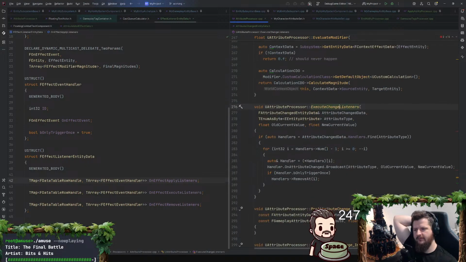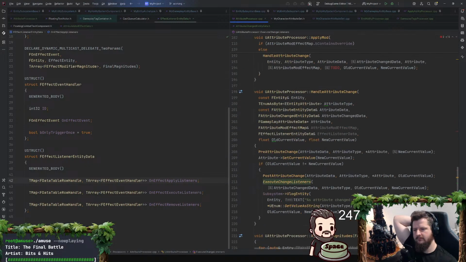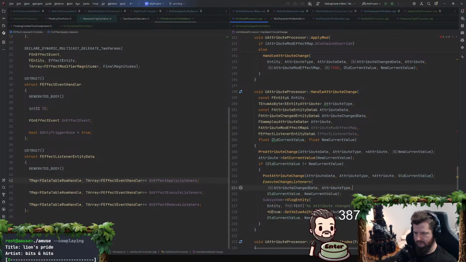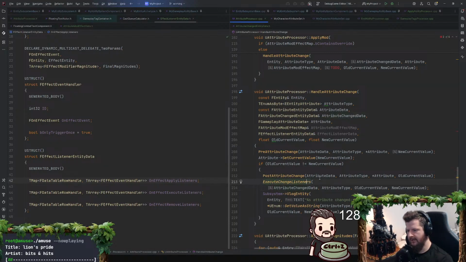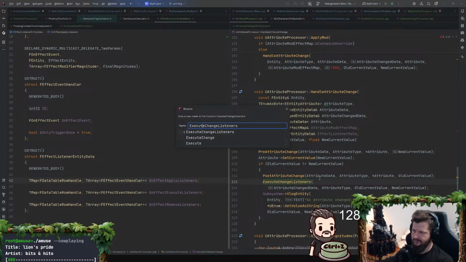Do I have a different function for the... yeah, I think a different function. So name this to execute attribute change listeners.